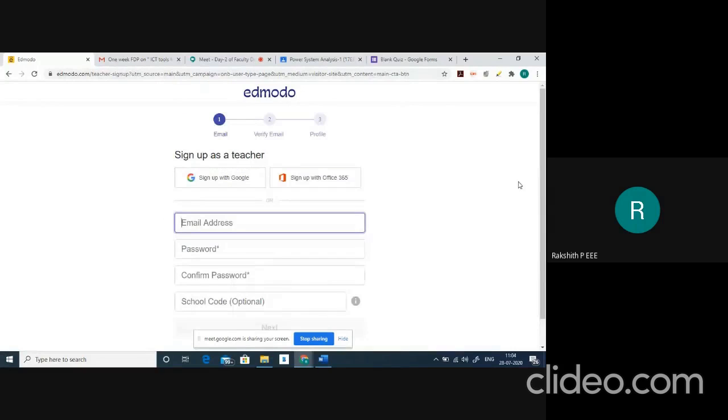Let me select that. So you can create your own account, or you can sign up with Google or sign up with Office. Suppose if you have an account of Office, you can sign up directly with that. Or in general, we all have a Google account, right? We can sign up with Google.